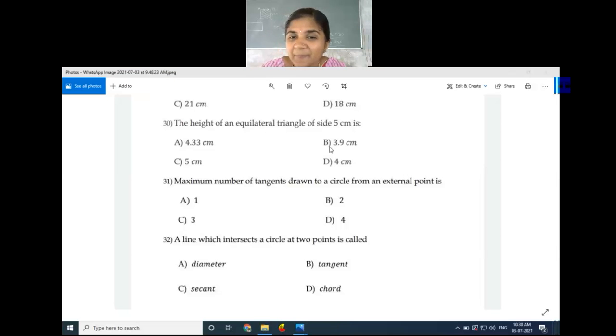I drew the equilateral triangle with 5 centimeter sides and I measured the height. Oh, you did the practical method. Okay, but is there any theoretical method? For multiple choice questions, you can do these tricks and all. But do we have any other method, Sumit? In the exam, I can't remember that method and so I did it. Okay, so next,